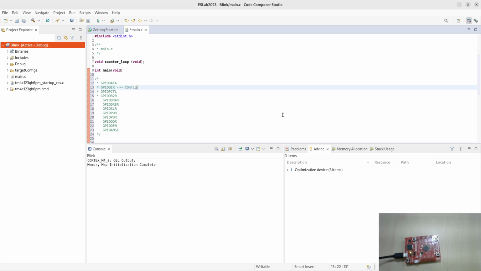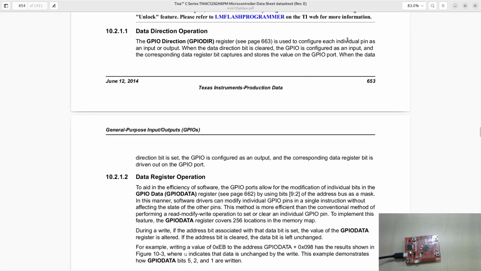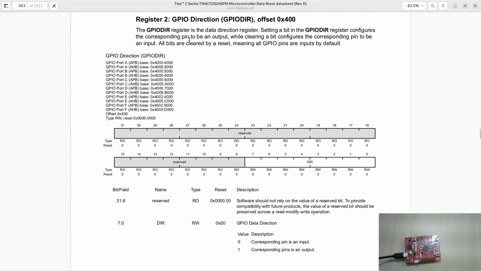So GPIO dir configures each pin as input or output. Okay, so we'll figure out what value we need to put here. Let's go take a look. So for GPIO